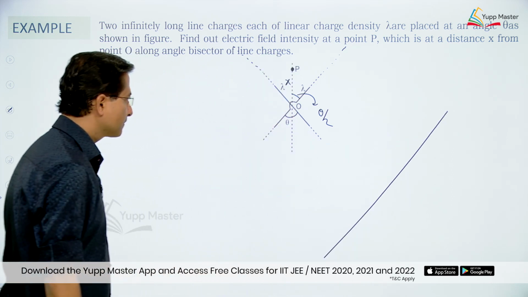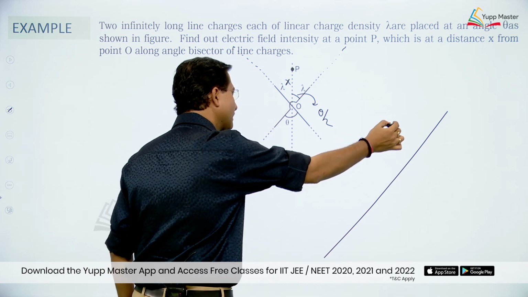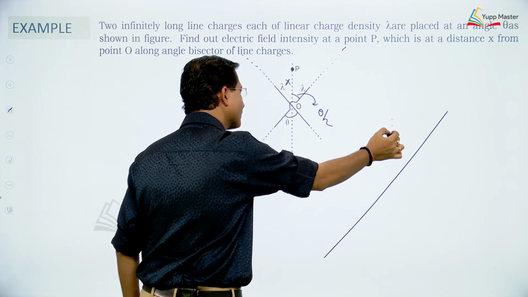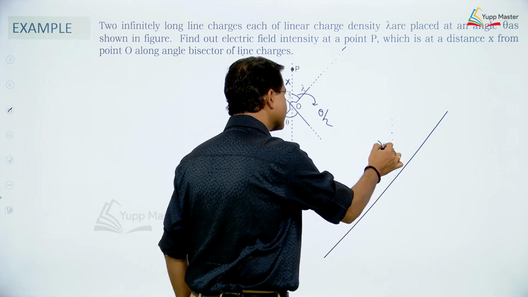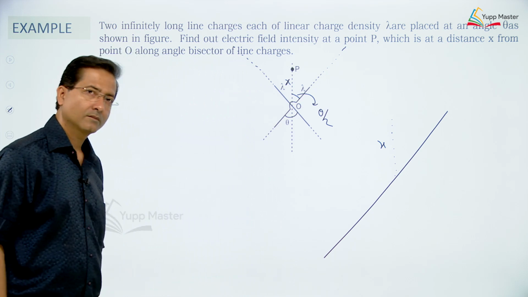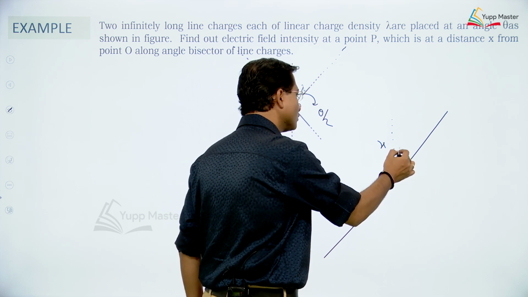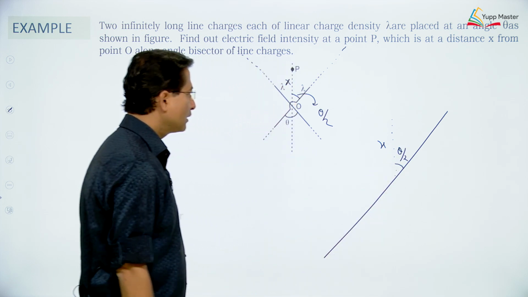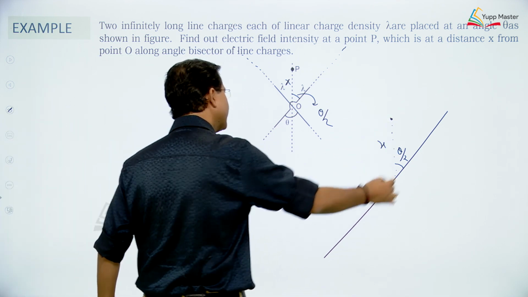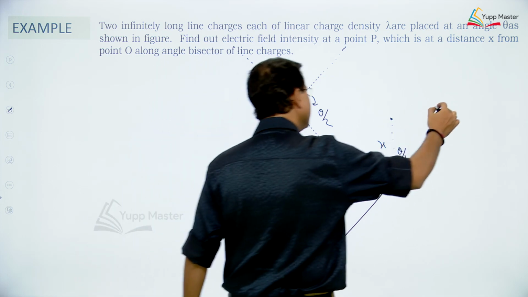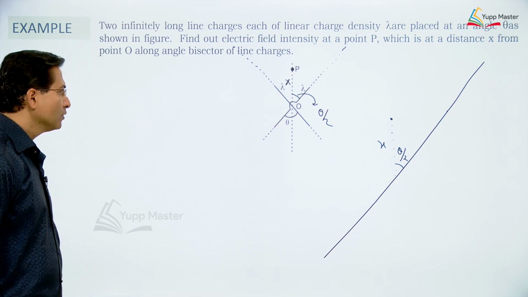Because of this wire, look at this diagram, the situation is something like this. Here this distance is x and this line makes angle theta by 2. For this particular point, this wire is behaving as an infinite straight distribution, right. So the formula we had,